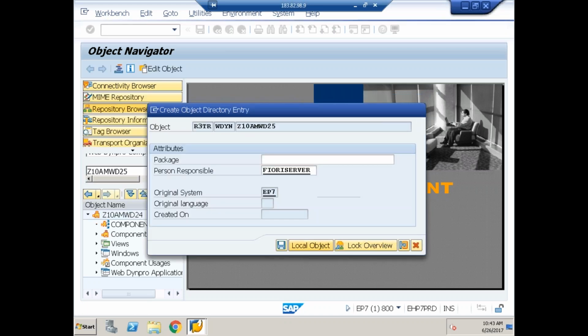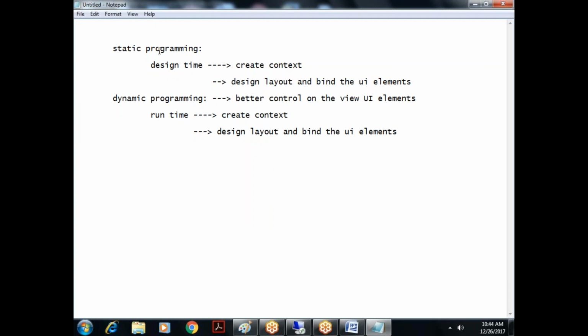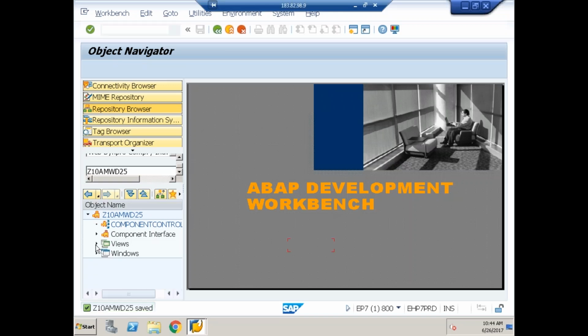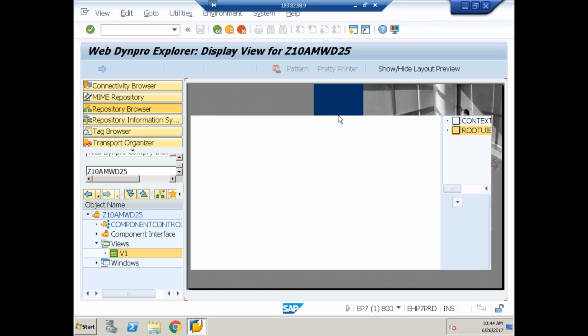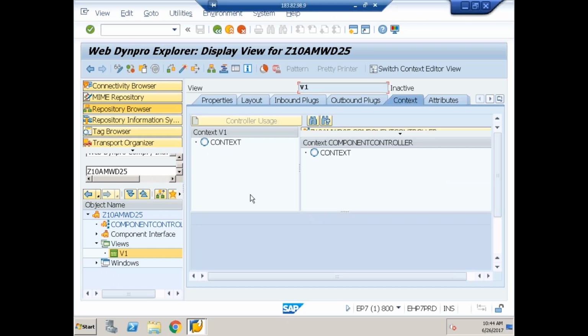Done. So once a component is created, so far what we are doing is creating the context first, either at the component level or at the view level. Then we are designing the layout. That's what we have been doing for the last 24 examples. That is nothing but static programming. Now what I have to do is everything dynamically. So far we are going to the view level, going to the context tab, and creating the attributes and nodes under